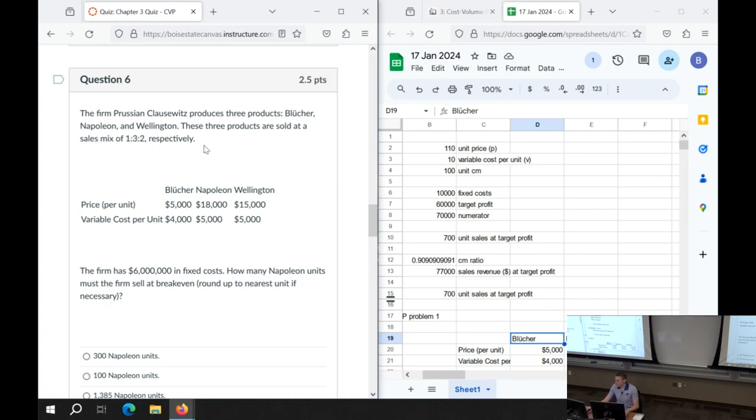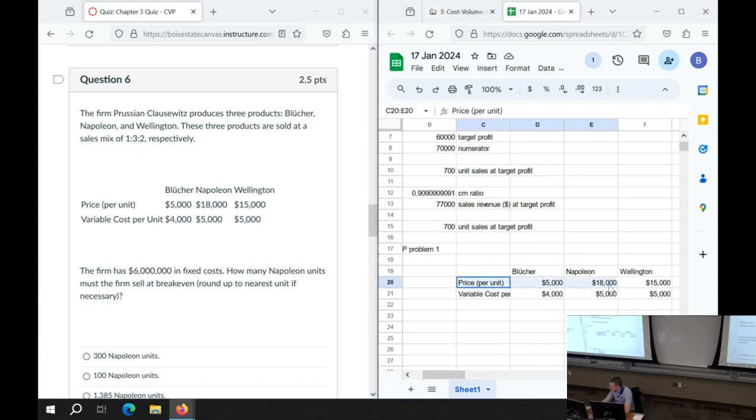All right, so we're saying that we sell 3 things in the store, and people come in and they buy them at different rates. We sell about 1 Blücher in a given period of time, maybe a minute, maybe an hour, maybe a day, maybe a month, whatever. And we'll sell about 3 Napoleons in that same time frame, and about 2 Wellingtons in the same time frame. And so we have this arrangement of sibling products, brother or sister products here. And we've got the price per unit for each of these.